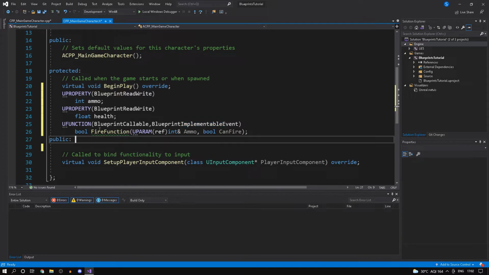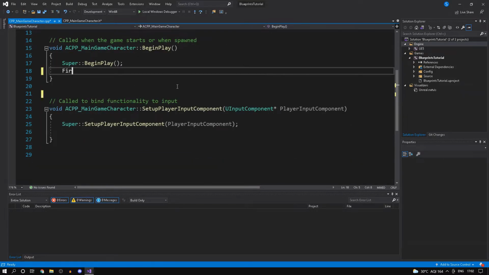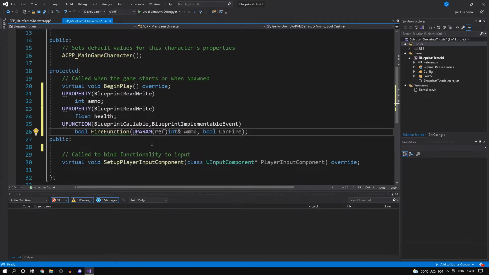So any logic that you'd have for this function goes in blueprints. However, you could just call the function from C++. So for example, on begin play, I could do fire function, and this would compile completely fine. So this is how BlueprintImplementableEvent works.